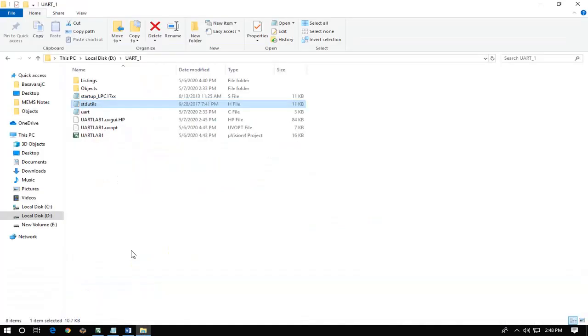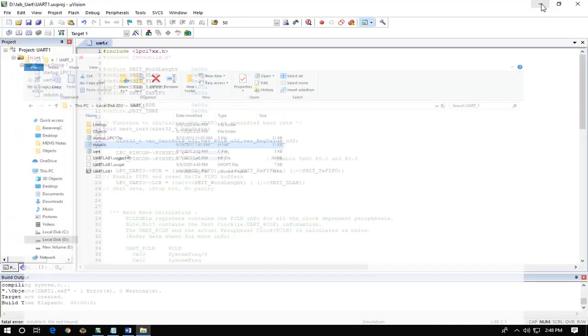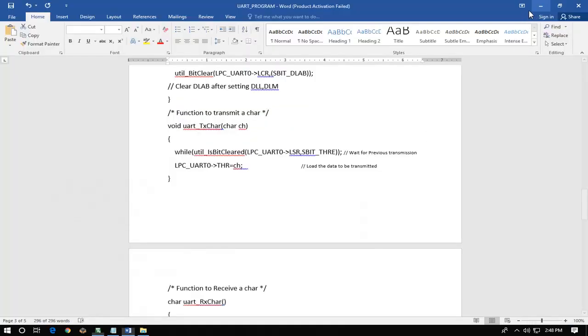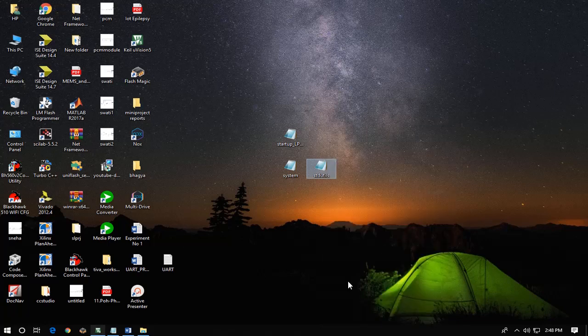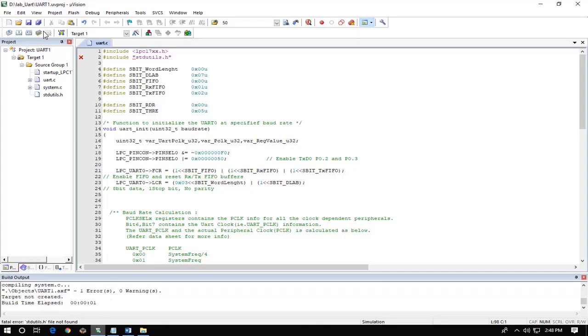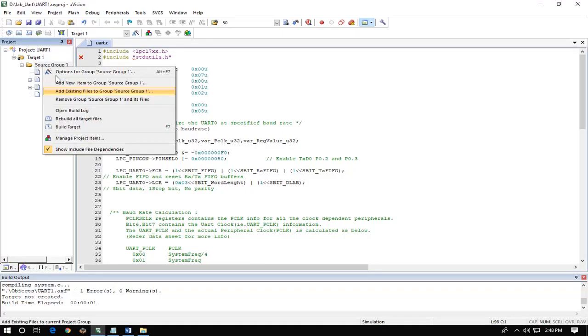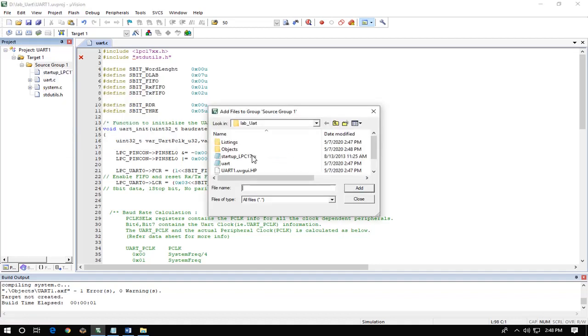Before that, one more thing, I had added the stdutils file directly from the desktop. It should be there in the folder which the project contains. Therefore I'll once again go to that source group, add existing file, where I will reach that folder, and I will just paste that stdutils, and then add from here.